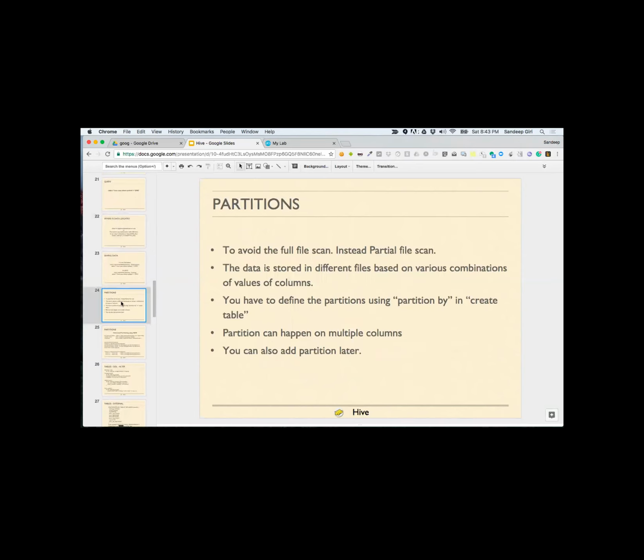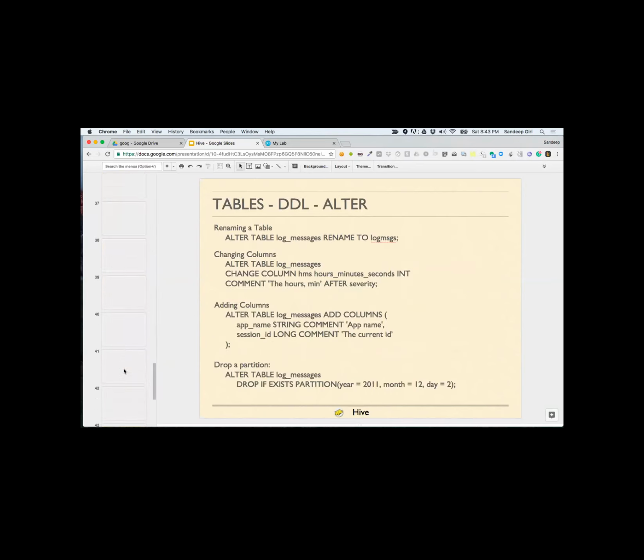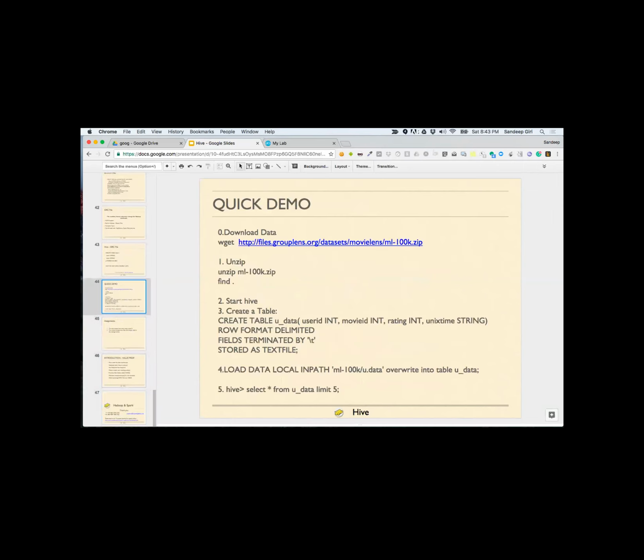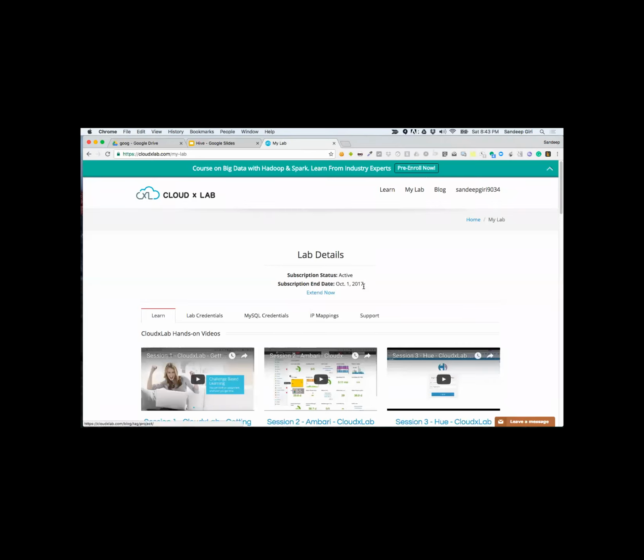All right. Let's try to do a nice hands-on. It's actually too much of theory. So we are going to do something different here. I'm going to first create a table. Is everybody with me on this?